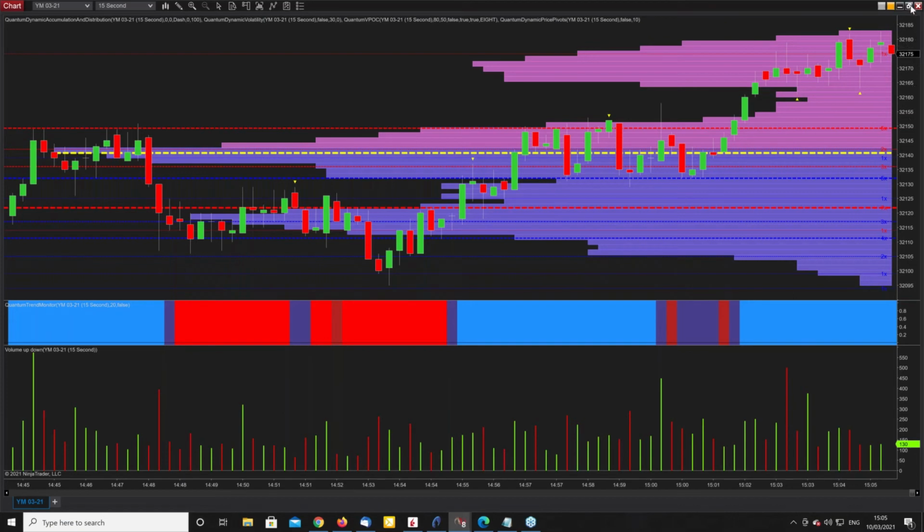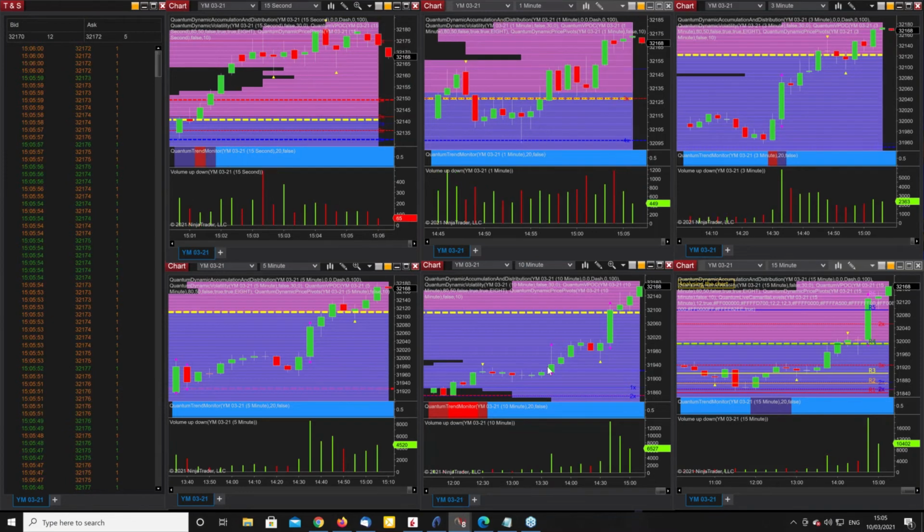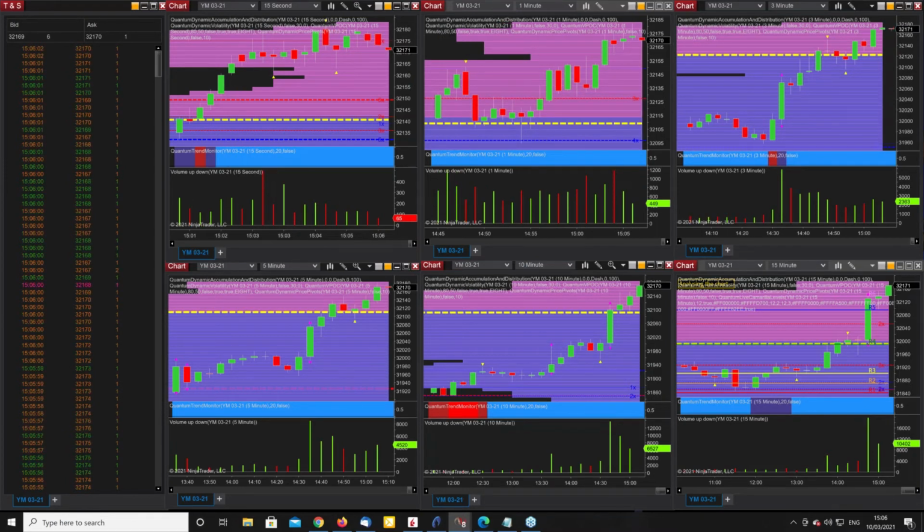Let's just drop that out of the way. Let's move over to see what's going on in terms of slightly slower time frames, 1 minute, 3 minute, down onto the 5. It's still telling you the same message, that we are looking at a bullish move. Dollar's just coming off a little bit. I haven't got the VIX up. Just have a quick look at the VIX in a moment.